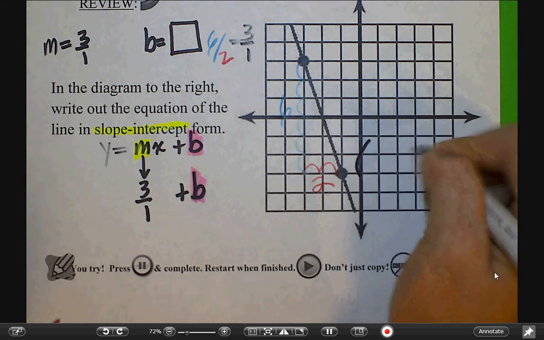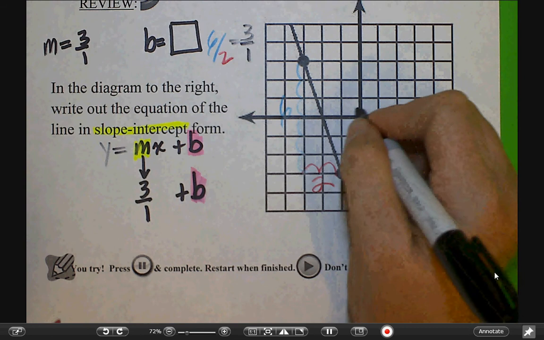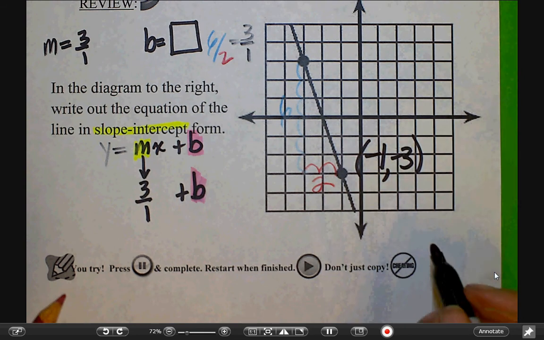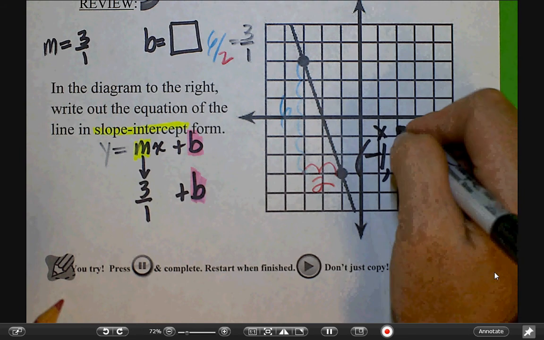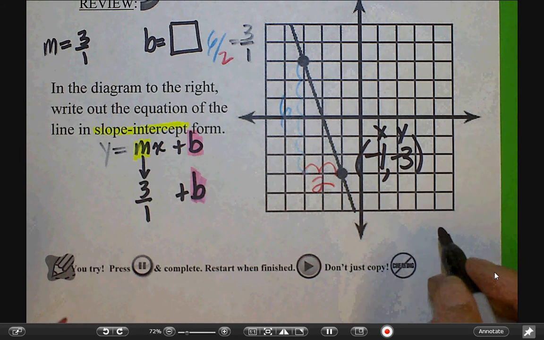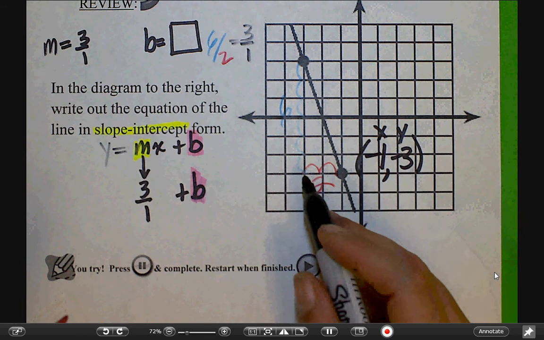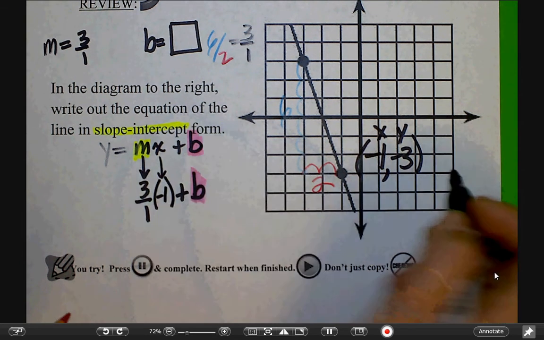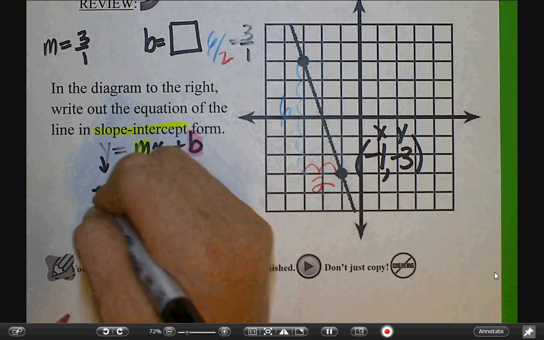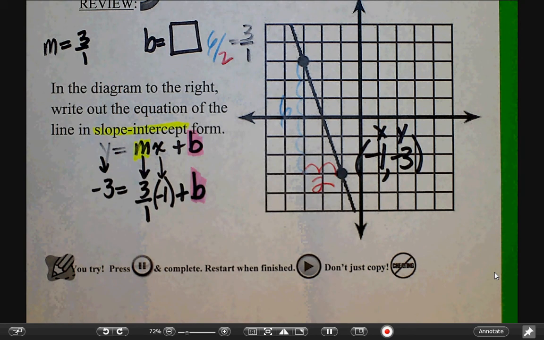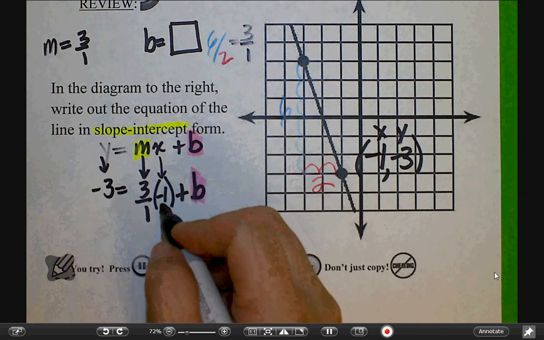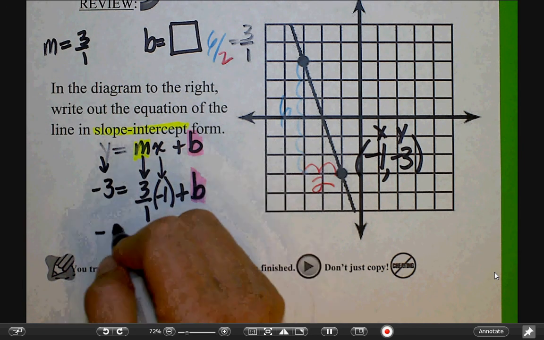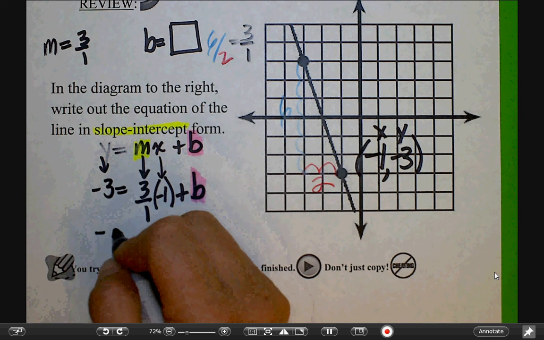So we're going to choose either point, and I'm going to choose this point here. That's -1, -3. That's my x, that's my y. So now let's plug it in. Bring down your x, that's -1. Bring down your y, that's -3. And we're going to solve for b here. -1 times 3 makes it -3. So I have -3